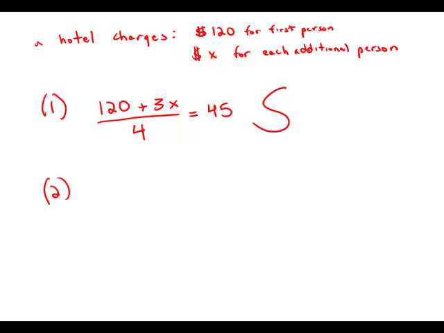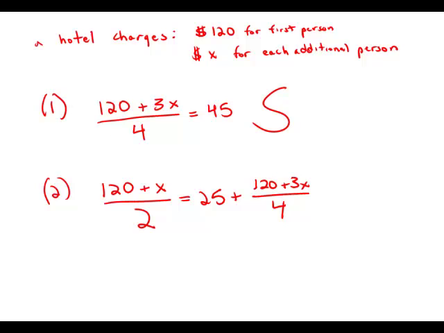So forget statement number 1, block it out of your mind. Statement number 2 tells us the daily cost per person for 2 people sharing the room equally is $25 more than the corresponding cost for 4 people. So in other words, if you have 2 people sharing a room, 120 plus x divided by 2, that's going to be $25 more than if we take 4 people and they